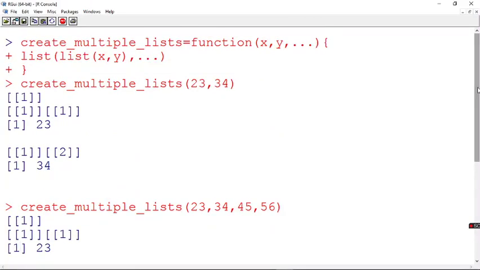So this is how you can use variable arguments in your functions in R. The operator which we use for specifying the variable argument is the ellipsis. You can keep this in mind. You can try out many functions using these variable arguments as well. If you still have any doubts, you can very